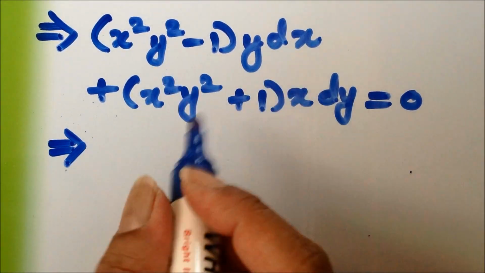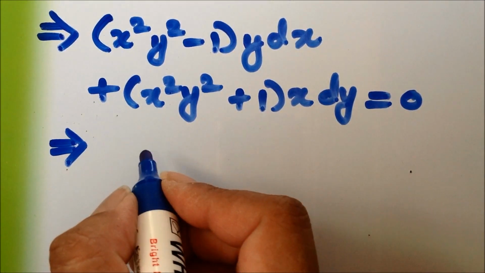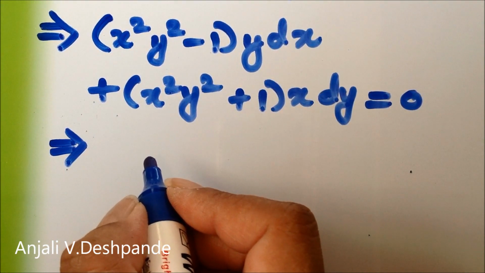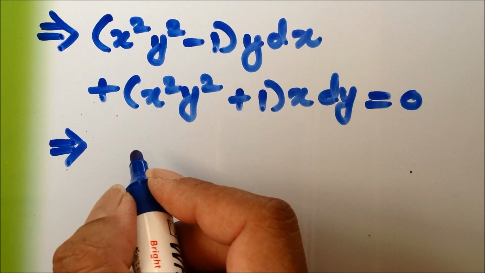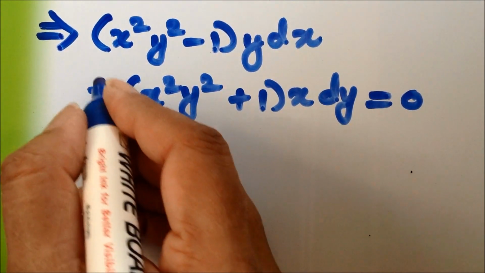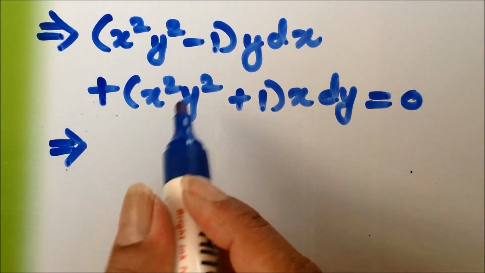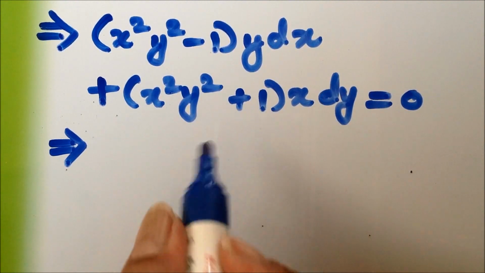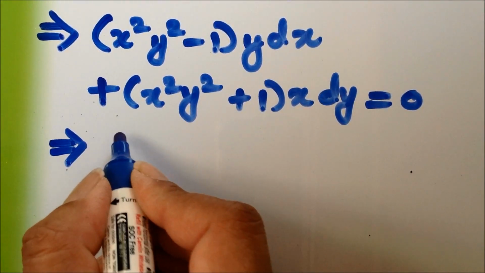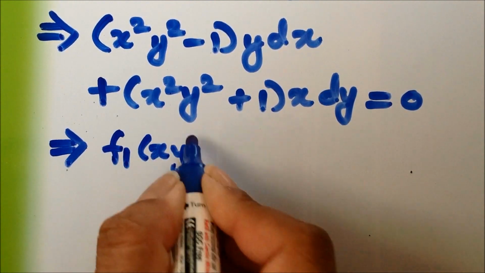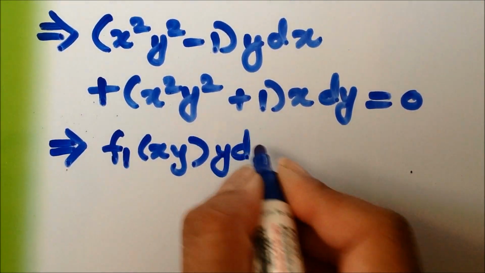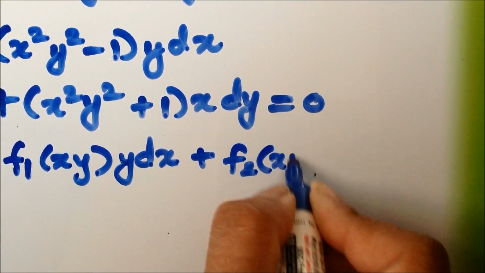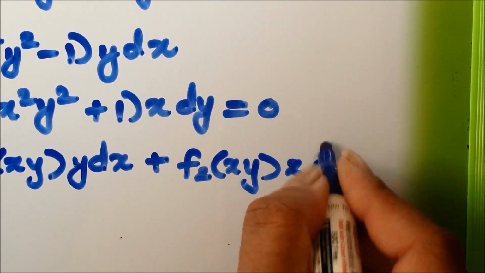But this is the type of equation which was discussed in part 1 of this inexact differential equation series. So once again I am giving the link to that video in the description box. You are advised to look at it so that you can revise the rules for finding the integrating factor. So in one of the rules it was given that if your equation can be written in this form, f1(xy) y dx plus f2(xy) x dy is equal to 0,